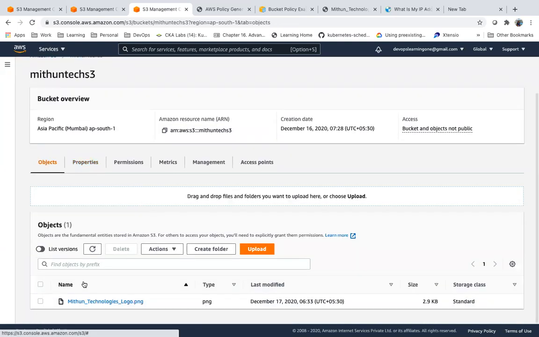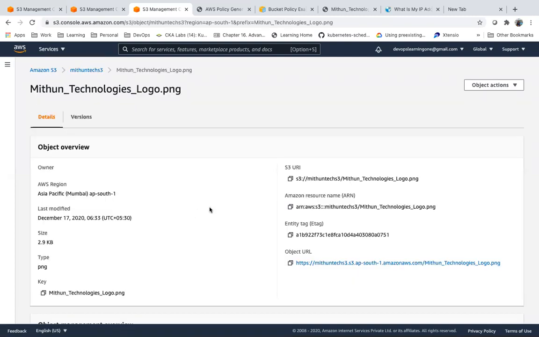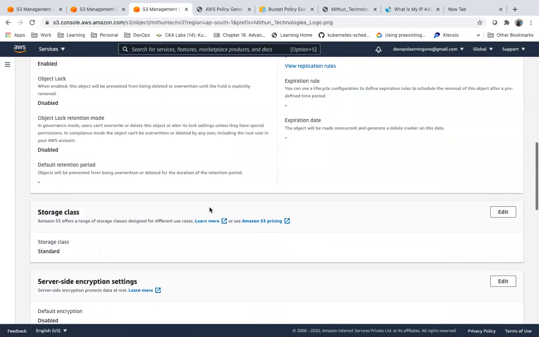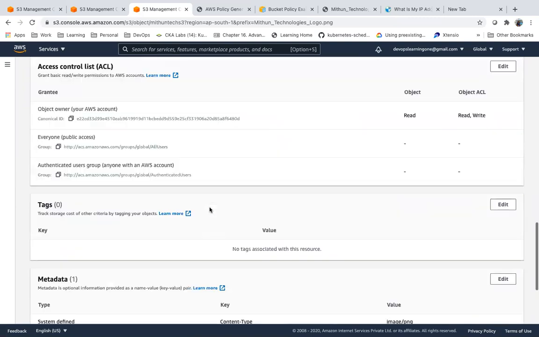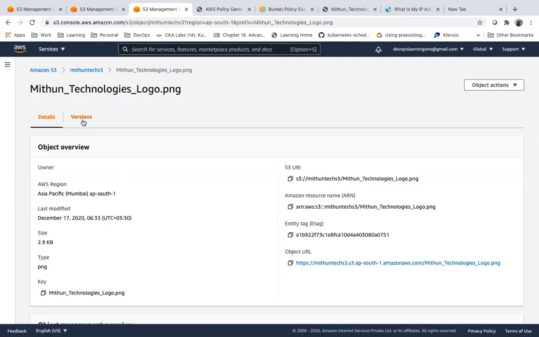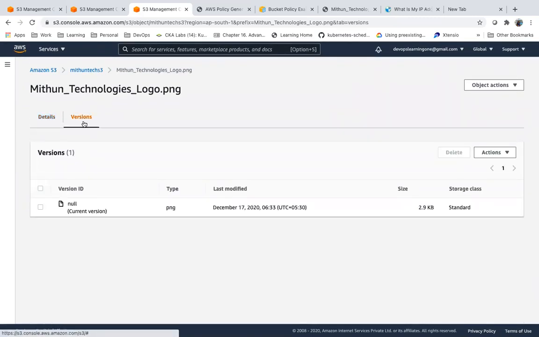Now all the versions of the objects will be shown here, the current version and the previous versions also. If you see here, it is showing the versions. Earlier this was not displayed because we had not enabled versioning.